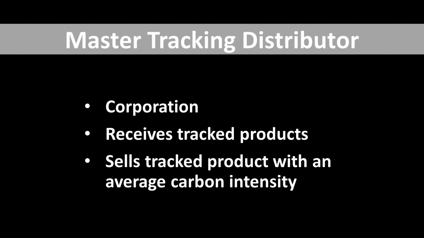Master tracking distributors might be defined as corporations that receive tracked products and sell tracked products with an average carbon intensity of sources. Initially, their use would not be required by government. In other words, manufacturers would not be required to sell to tracking distributors, and downstream consumers would not be required to buy from them. Later, when and if government wanted to decarbonize materials and chemicals, they would need to require